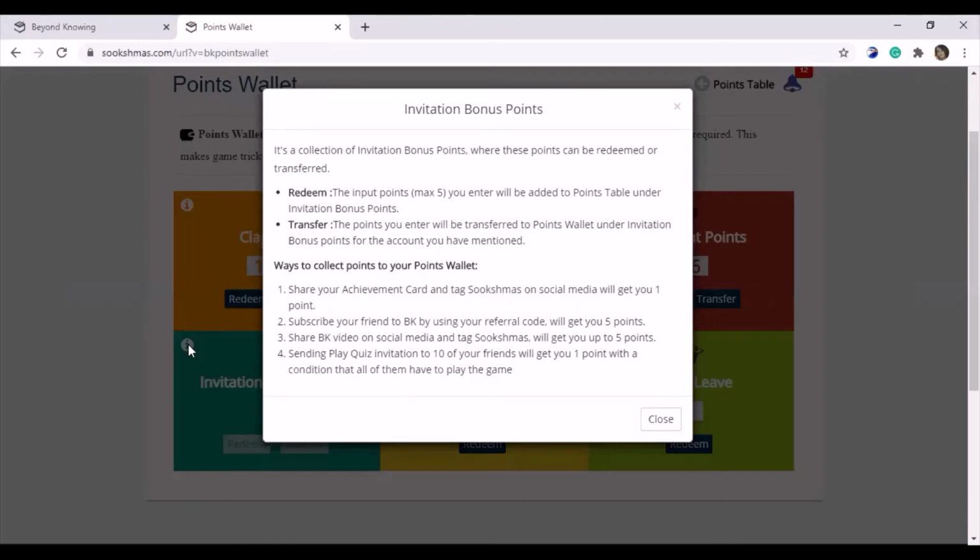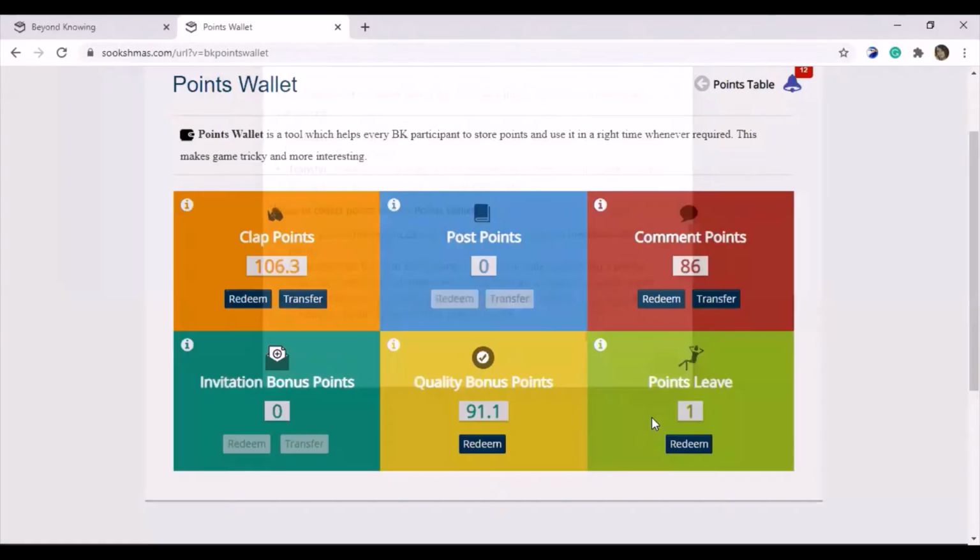One more thing you can do is refer your friends by giving your referral code. I'll show where you'll get your referral code. And the last thing is sending your play quiz invitation to 10 of your friends. But the condition is that all of them have to play the game, so that you'll get a point to your points wallet. This is how you can collect the invitation bonus points.